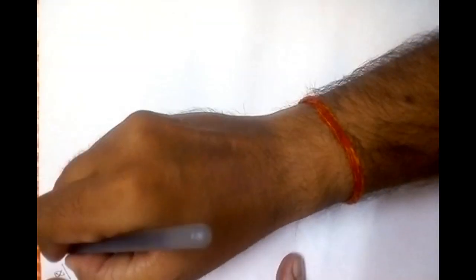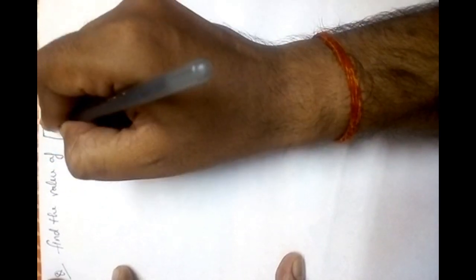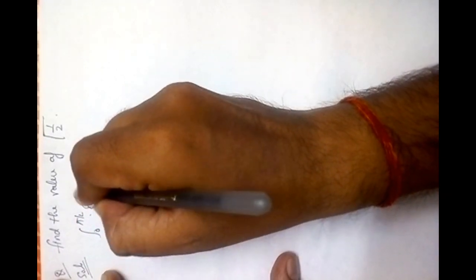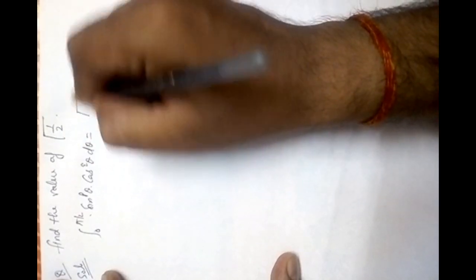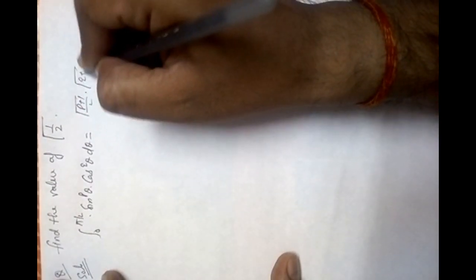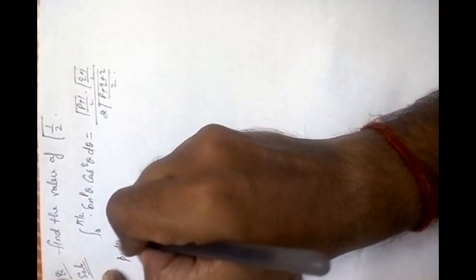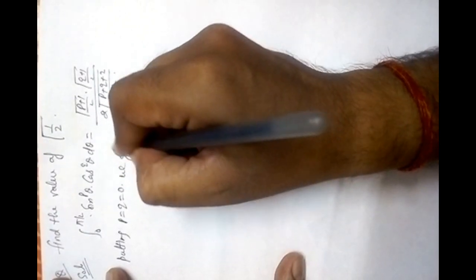Question: find the value of gamma half. As we know that integral 0 to pi by 2 sin p theta cos q theta d theta is equal to gamma p plus 1 upon 2 gamma q plus 1 upon 2 upon 2 times gamma p plus q plus 2 upon 2. Here putting p is equal to q is equal to 0, then we get